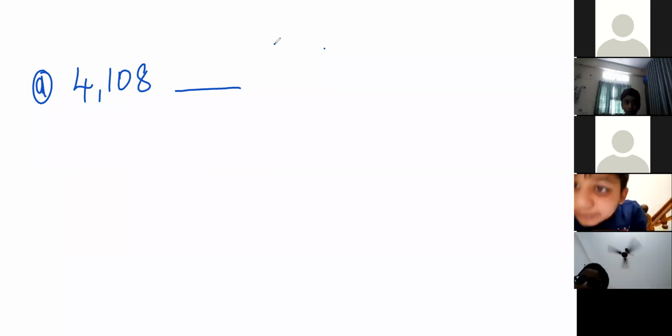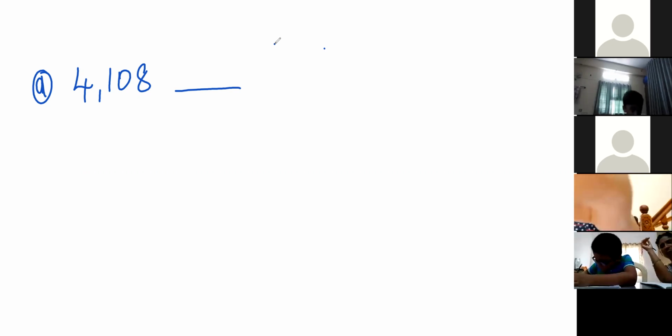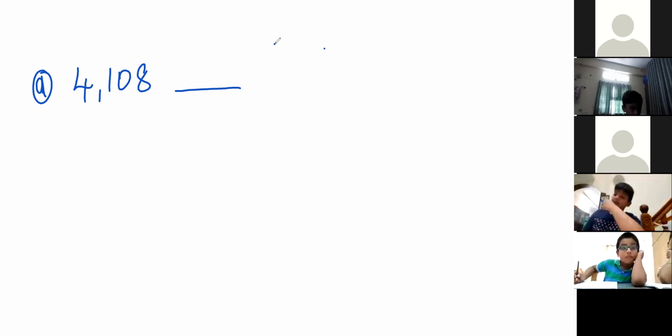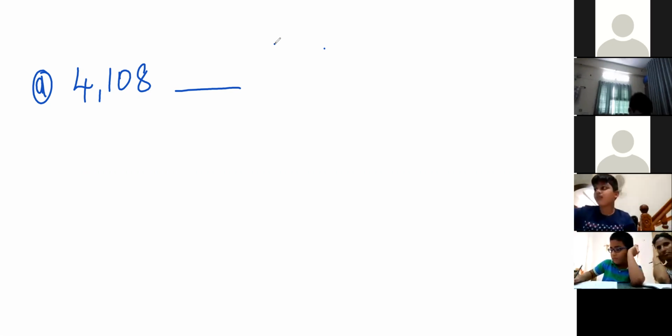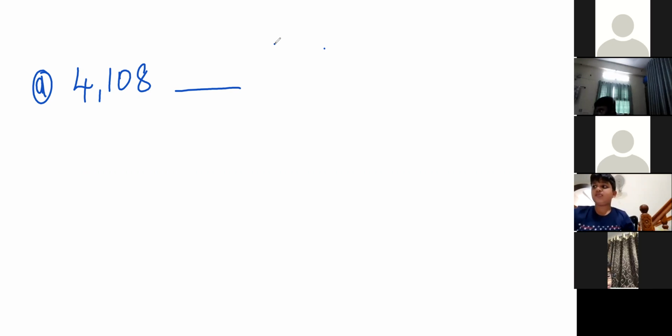So here, you have to write the predecessor of it. I guess you have written the question, right? Write the predecessor for the following numbers. You all have taken down that. Under that, you have to take down these bits. Okay. The first bit is 4108. Let us write down the predecessor for it.